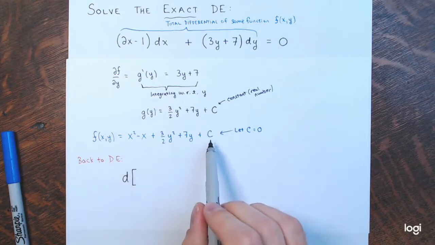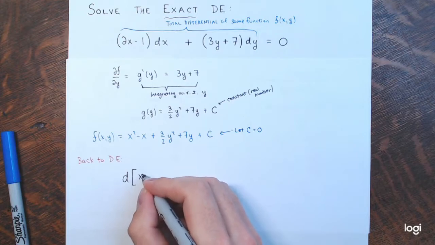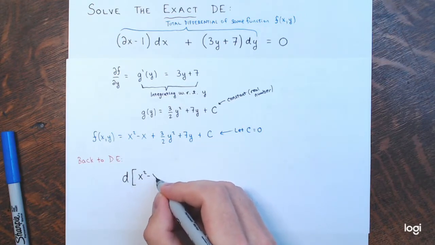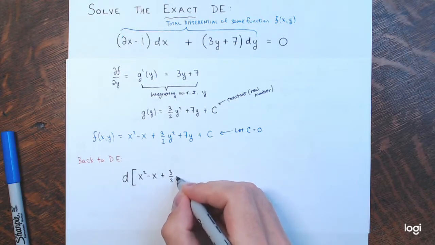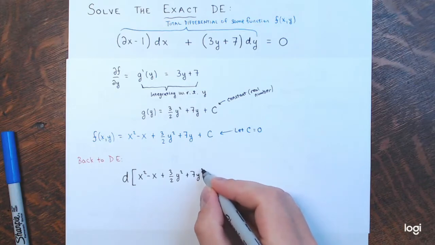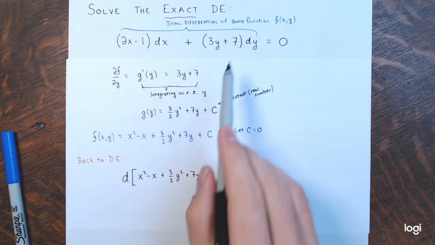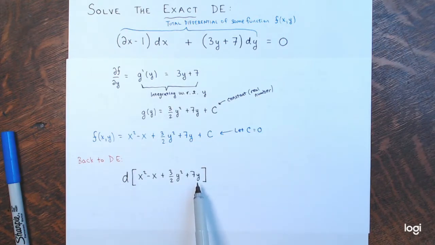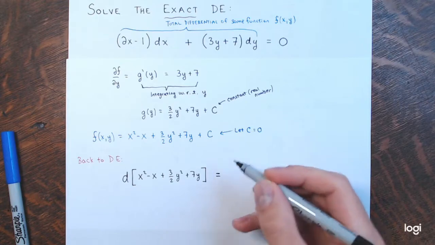And again, I just have c be 0 to make it simpler. So the left side of this equation now is written simply this way: the total differential of x squared minus x plus 3 halves y squared plus 7y equals, and then 0